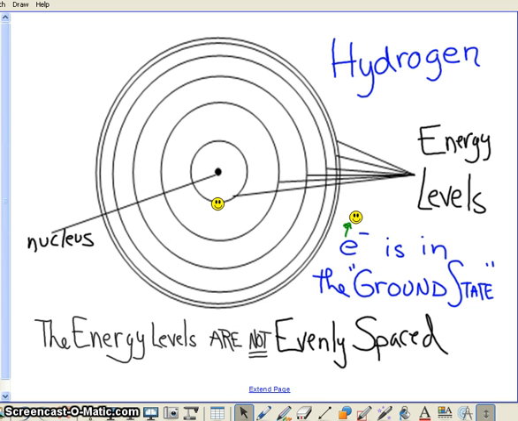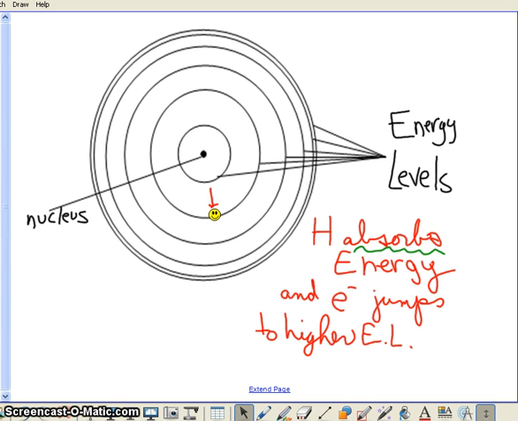And so hydrogen, having only one electron, by my smiley face in here, has the ability of going from the ground state, the lowest energy state, to a variety of energy levels. In moving farther away from the nucleus, the electron has to absorb energy. We would call that a quantum of energy being absorbed. And if it did that, it would move to an excited state, as shown by the diagram here,